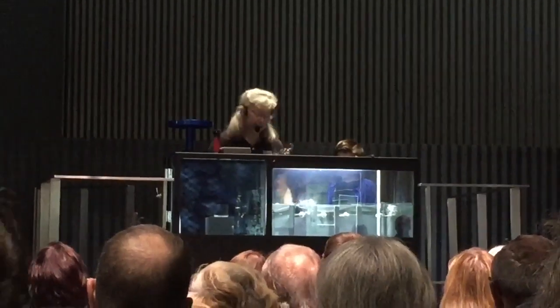You don't want shards flying toward you. So for that, we use the laminated glass. Nice. So laminated or safety glass, and you can see why it's called safety glass. That layer of plastic is holding the shards together. This is the kind of glass used for car windshields to keep the shards from flying into the car